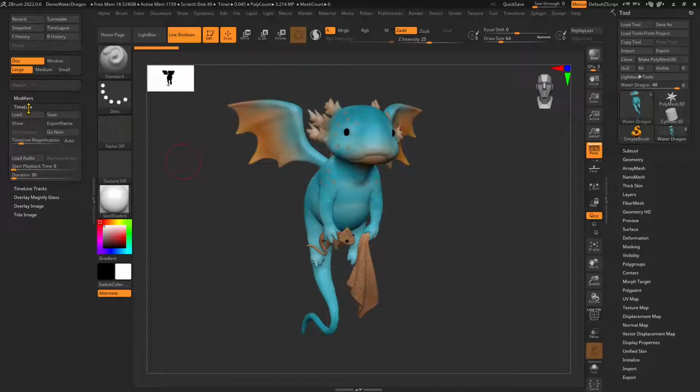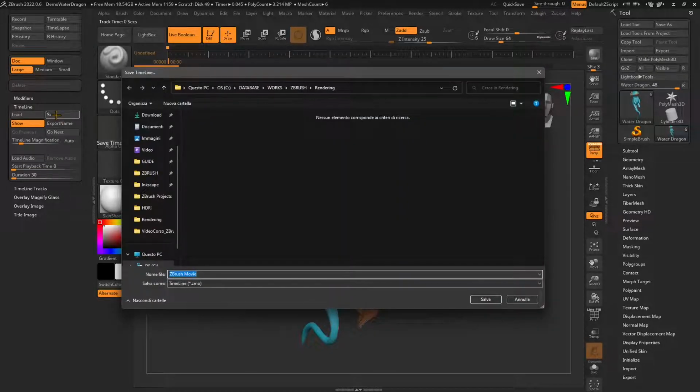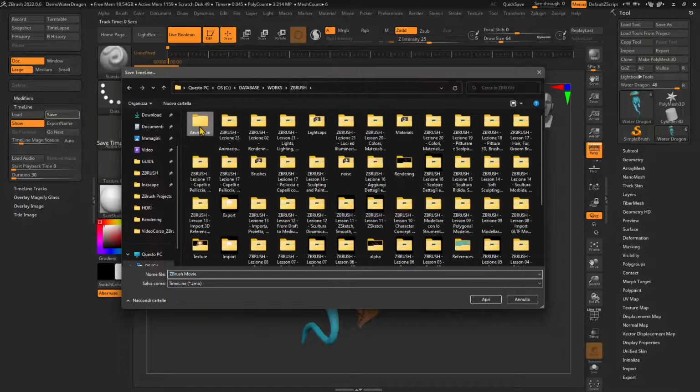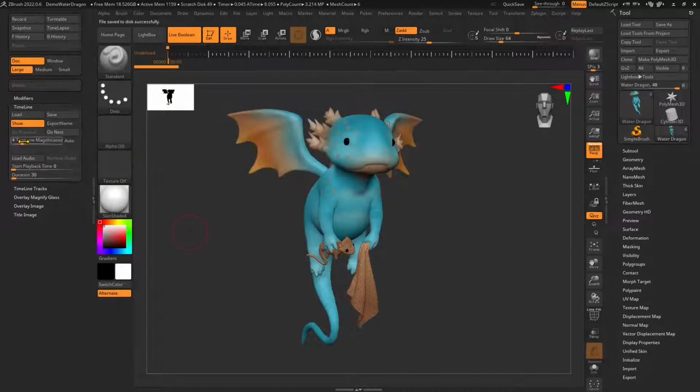And down there we also have the timeline. So let's show the timeline using the show button. You can also load and save timelines. So this is another option. If you want to retrieve your work later, probably you want to save here the timeline of your movie. And we have also timeline magnification, or you can do automatic. Now we're gonna talk about the timeline later. I just want to show you first the simplest things, and then move forward with something more complex, which are